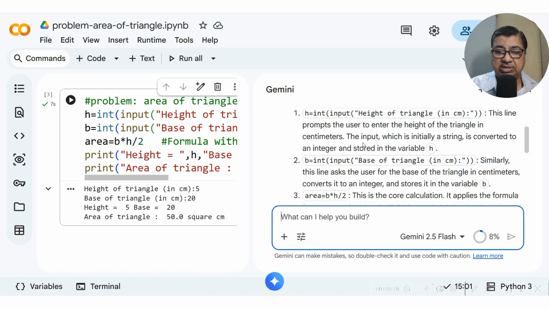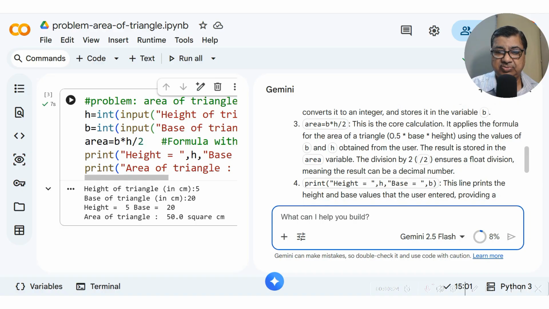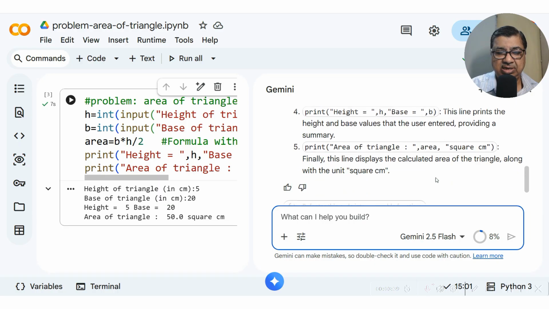So height gets converted to integer, base gets converted to integer, and area comes with this formula. They have given 0.5 into base into height. It is basically the same formula, and the division ensures a float division very clearly. So we are now just printing it, and in centimeter we are calculating, and in square centimeter the area is coming. So straight away we are getting the results.